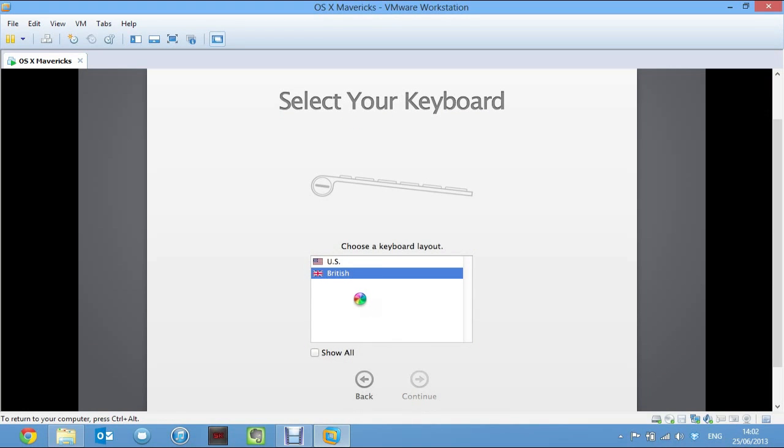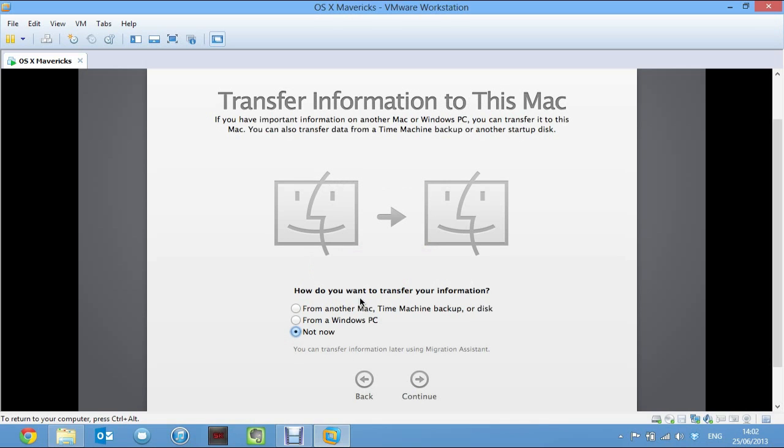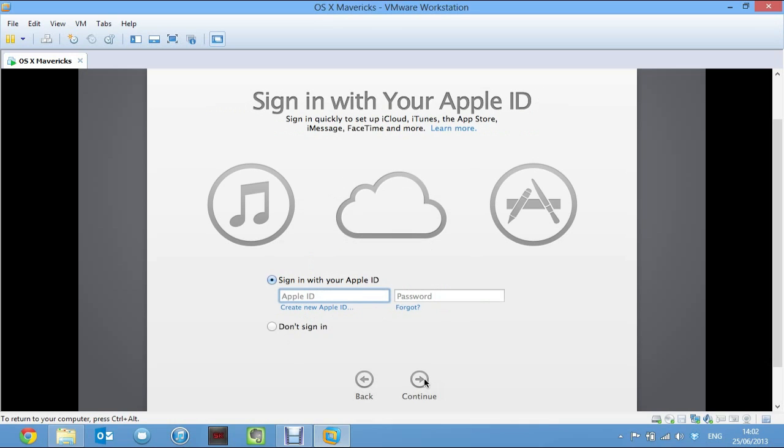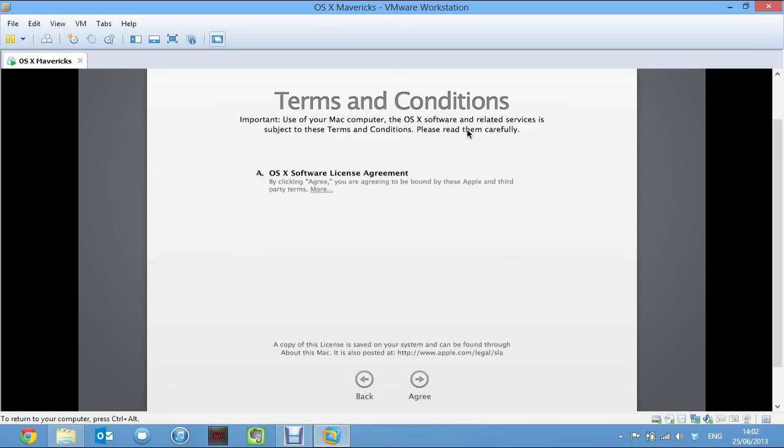As I said, your installation will be faster than this. It's just because my machine's actually doing a bunch of stuff that I didn't really have time to cancel. So I'm just going to skip all this. I'm not actually sure if the Apple ID thing works, because it's obviously the same issue that the enabler fixes. So I'm not entirely sure how that goes. But as I said, let me know, and then I can let everybody else know.